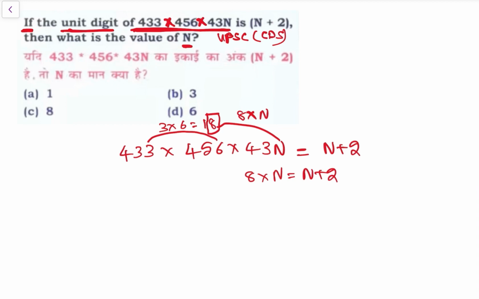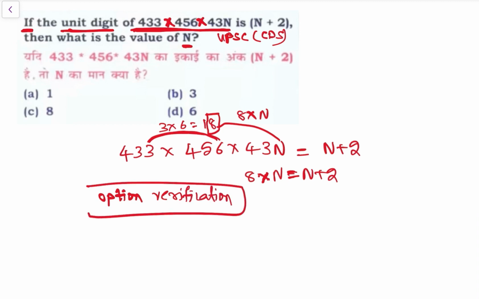ठीक है, so 8 into n is equal to n plus 2, ये unit digit n plus 2 दिया हुआ. ठीक है, so अब ऐसा कर सकता है, so if अगर solve करना है तो ये थोड़ा मुश्किल पड़ जाएगा, and we won't get, so rather we will just do option verification. ठीक है, option verification करो, option verification. So by option verification what we get, so we need to find, here given is value of n, so if we take n as 1, so here 8 into 1 किया।